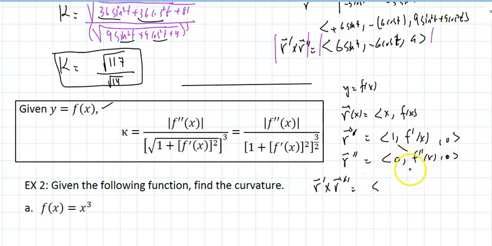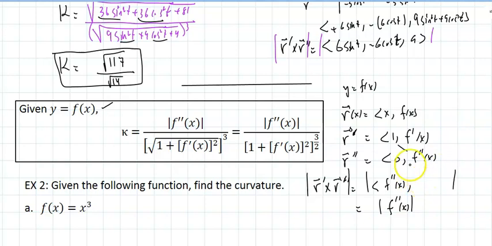You're going to end up with f double prime, 0, 0. So what's the magnitude of that? Wouldn't that be the magnitude of f double prime of x really? And if you would have left it at 2 by 2, which is no big deal,